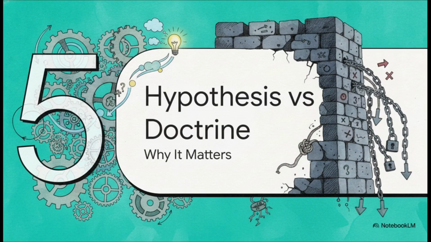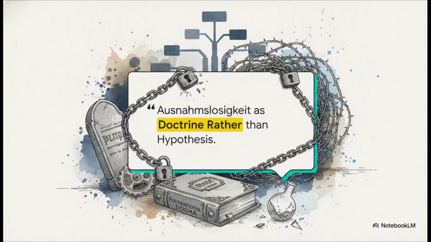Which brings us to our final section, hypothesis versus rigid doctrine, and why it matters for science. So, the crucial point here is that even internal historical analyses from within the discipline acknowledge this reality. A Rice University analysis of Osthoff and Brugmann's foundational work straight up states that exceptionless-ness functioned as a doctrine rather than hypothesis. Those are their words, not ours. The field itself admits that the absolute bedrock of historical language reconstruction is a definitional commitment, a rigid belief system, and not an actually demonstrated, tested scientific hypothesis.